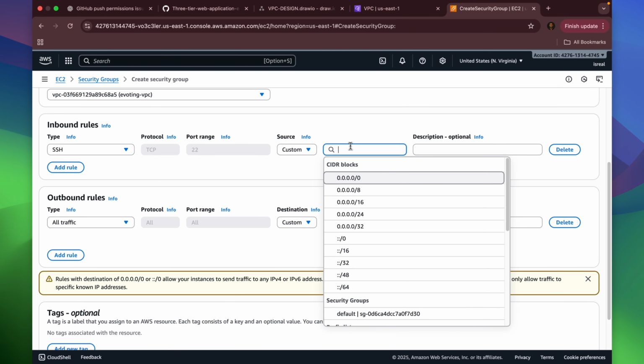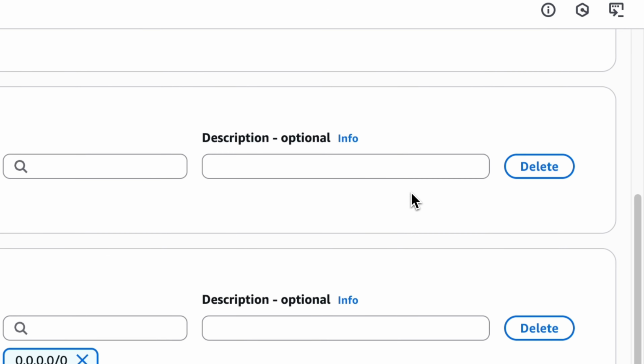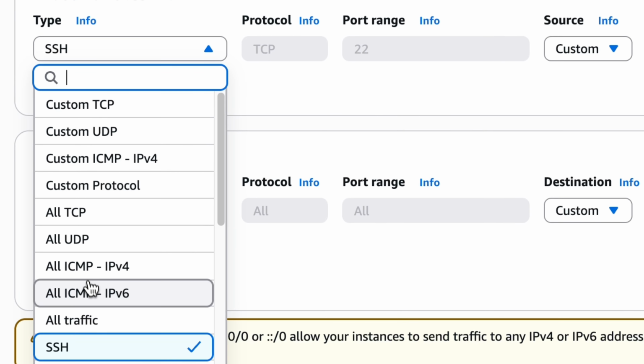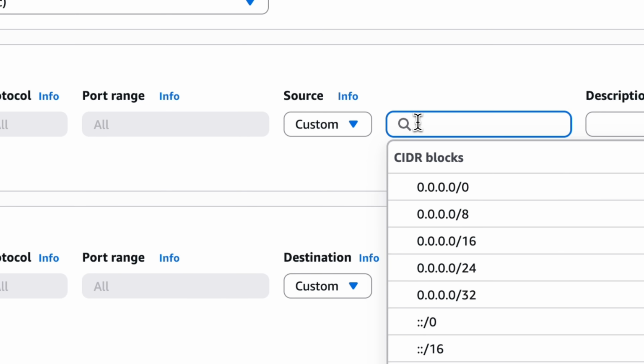Because if we don't specify this, we can't access it. So we need SSH access from the jump host. But for now, let's just leave that because we haven't provisioned the bastion host, so we're going to leave that as it is. And let's say all traffic, right, from